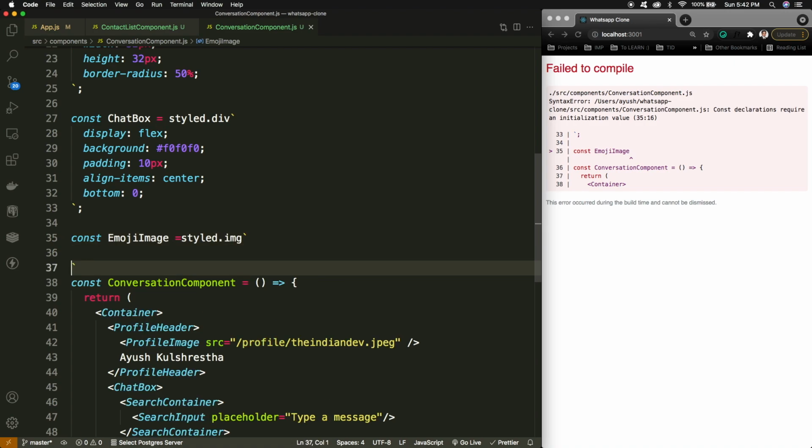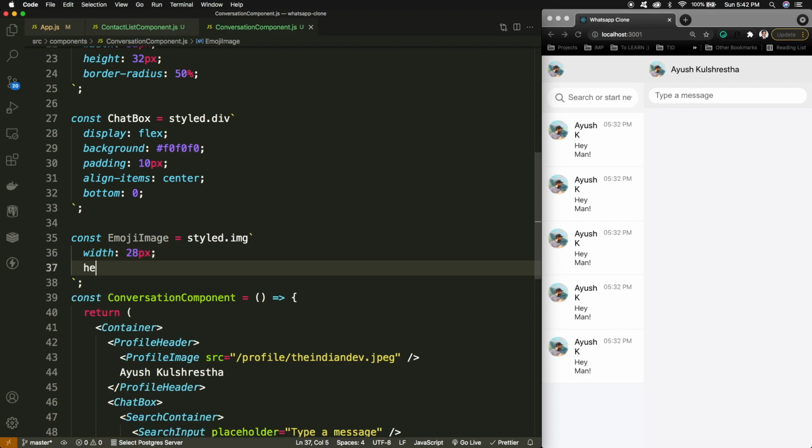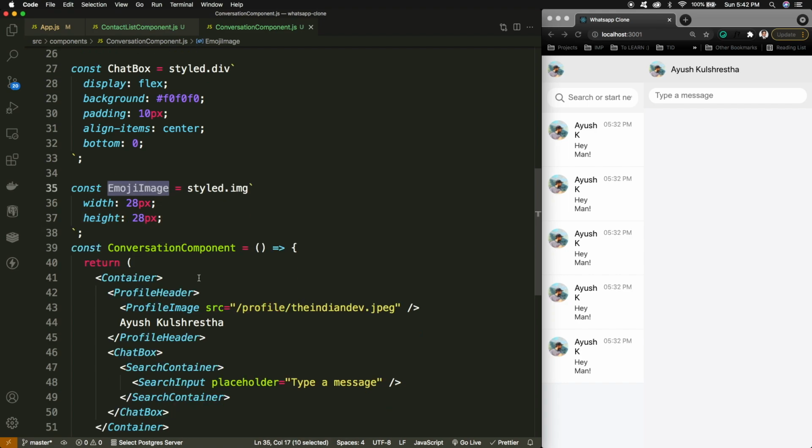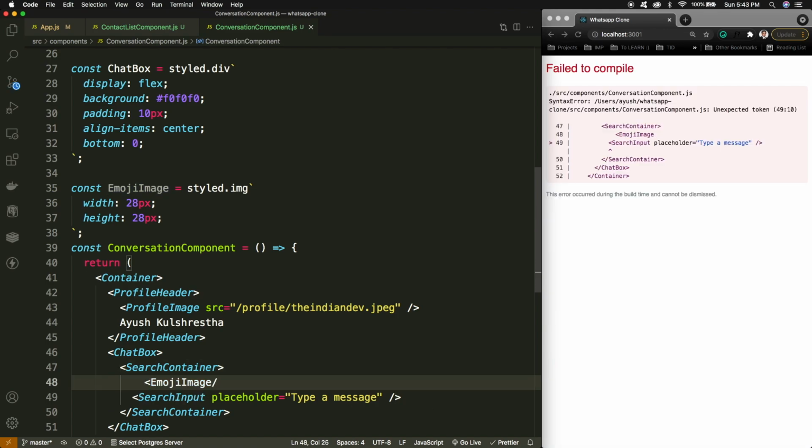And inside this image tag I can define the width and the height. Width we can take as 28 pixels. Height we can consider as again 28 pixels. And inside the emojis I can keep it before the search input, the emoji image.